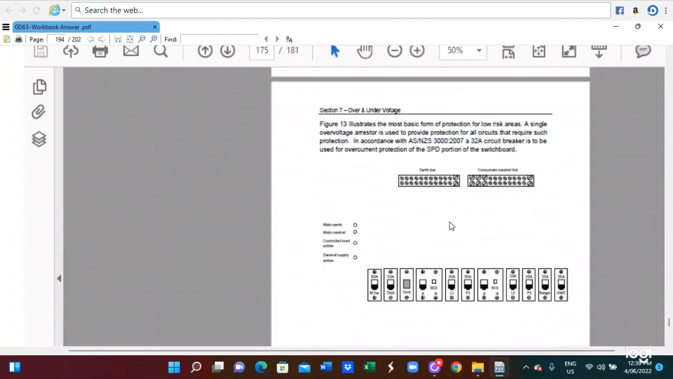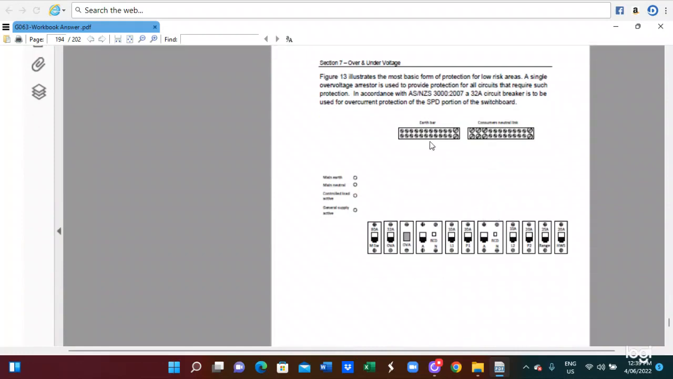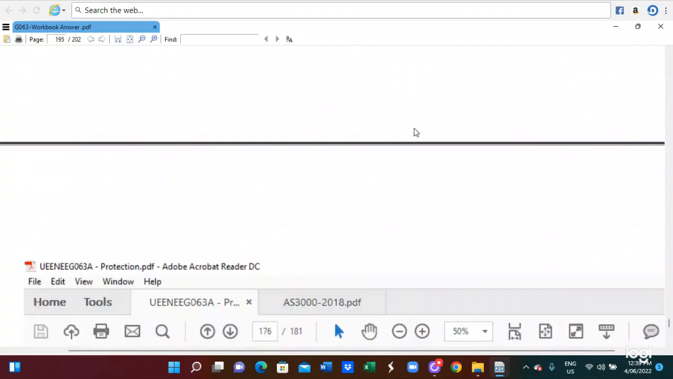So for general English, now you see the connection. This is all the connection of